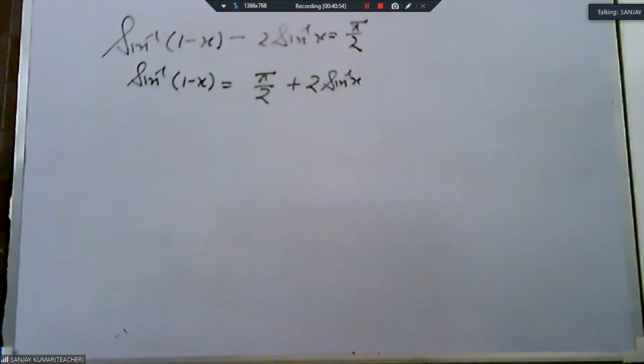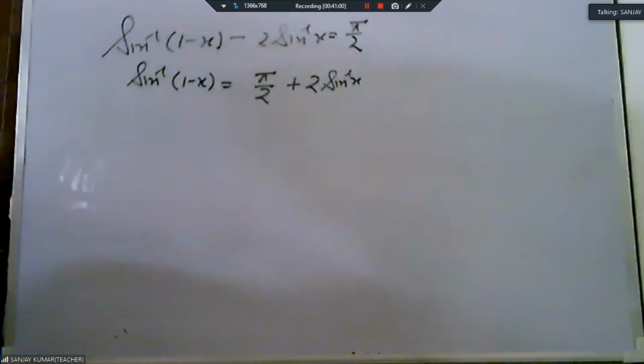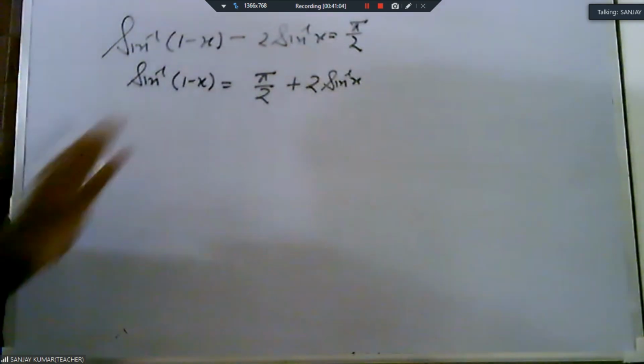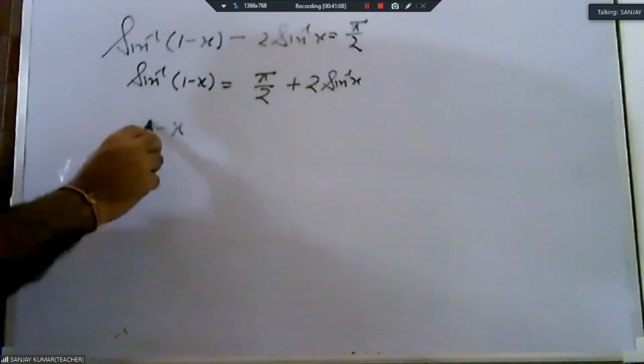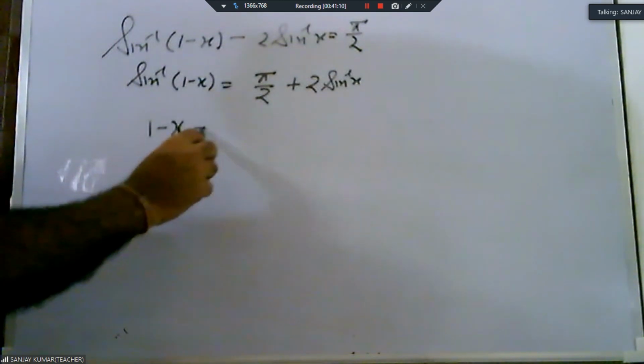This is from NCERT. Okay, this is a question of miscellaneous. So therefore we apply the same method because we are using the same method for type 1. We are the same for type 2. All the type 2s are done in the same method. We put one number on that side, then we take sine on that side. Therefore now we are taking sine inverse, means sine that side.